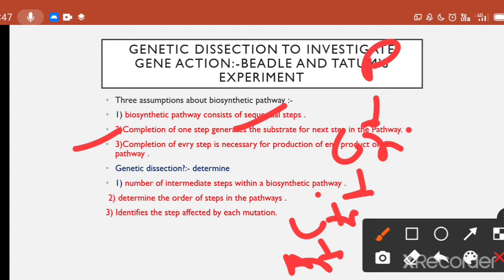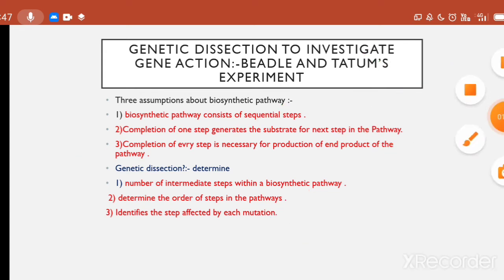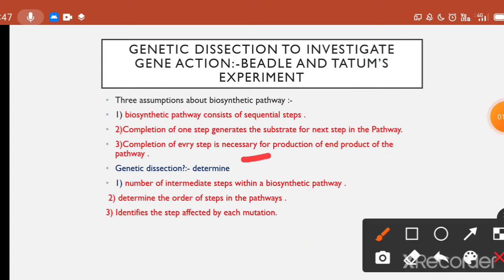If there is no synthesis of ornithine from the precursor and then citrulline, then there will be an incompletion of the arginine biosynthetic pathway. So completion of every step is necessary for the production of the end product of the pathway. These assumptions support the conclusion that wild type